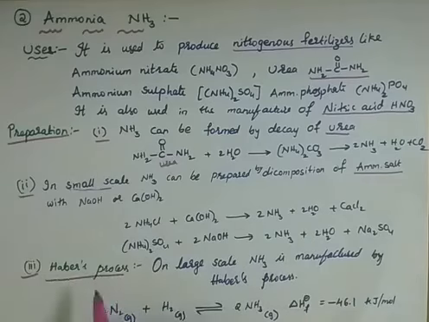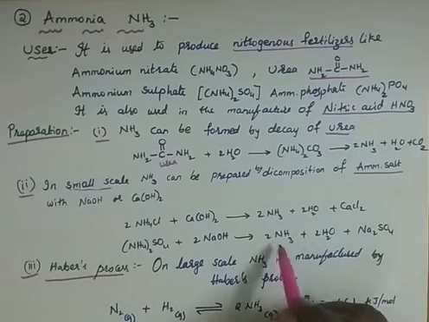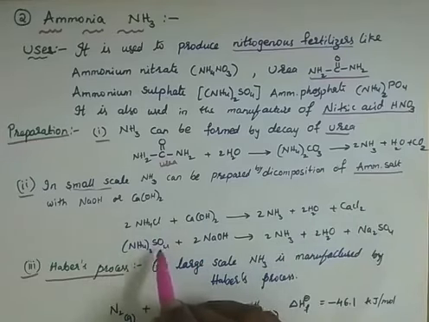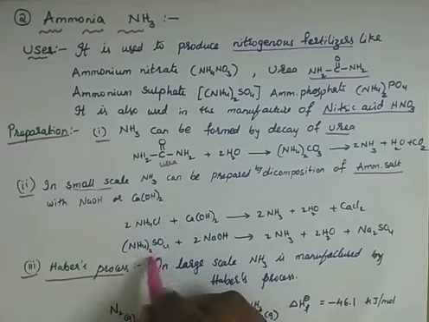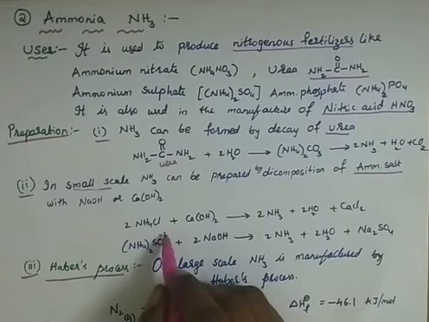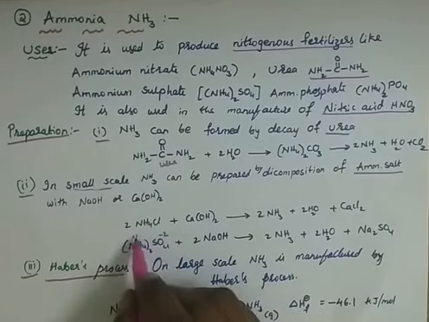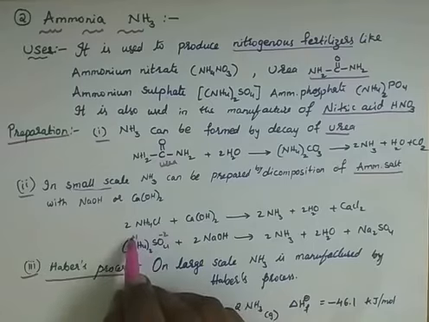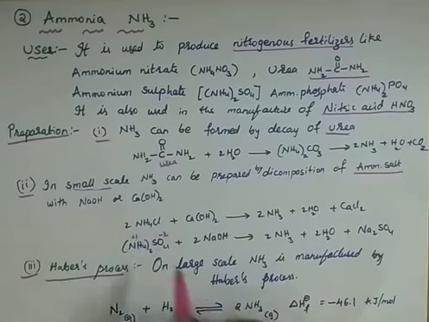which is very important. See, ammonium sulfate also, when reacted with sodium hydroxide, will form our ammonia, water and sodium sulfate. Same process. This is an ammonium salt, right? Ammonium chloride, ammonium sulfate, both are salts only. Here, why is it taken twice? Because SO4 takes the minus 2 charge. So by the crisscross method, NH4 takes plus 1 charge, therefore this 2 will come here and 1 will come here. SO4 takes minus 2 charge, so I have to write NH4 twice in order to neutralize the charges, right?